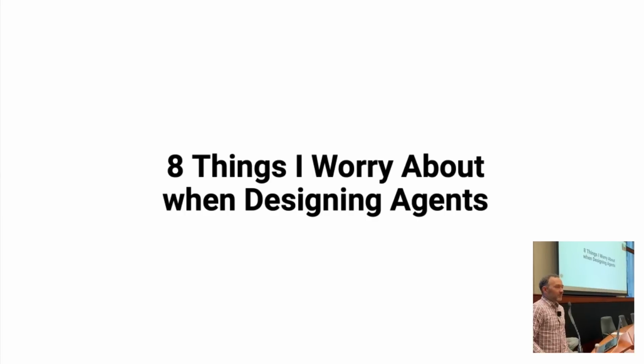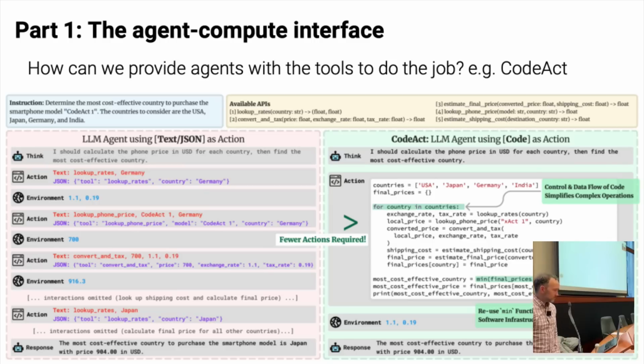The next thing I'd like to talk about a little bit is things I worry about when designing agents. So we're designing agents to do a very difficult task of navigating websites, writing code, other things like this. And within 2024, there's been a huge improvement in the methodology that we use to do this. But there's a bunch of things we think about. There's a bunch of interesting papers, and I'd like to introduce a few of them. So the first thing I worry about is the agent-computer interface. How do we get an agent to interact with computers? And how do we provide agents with the tools to do the job?